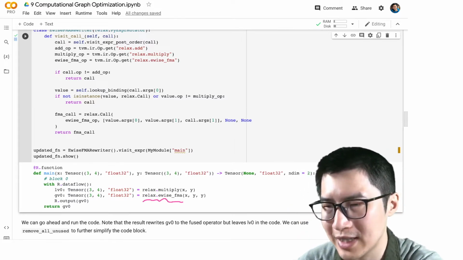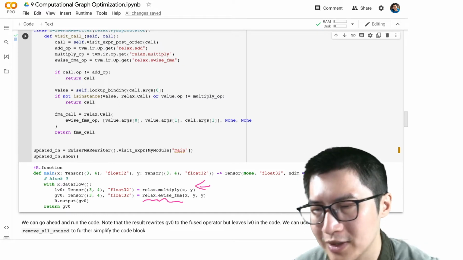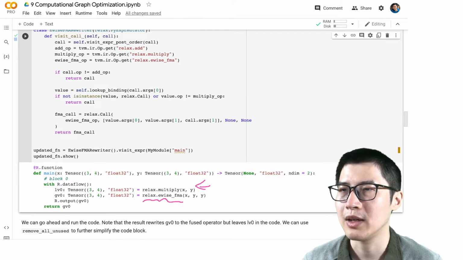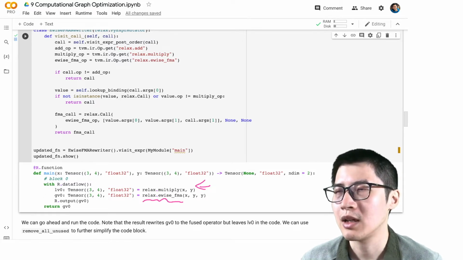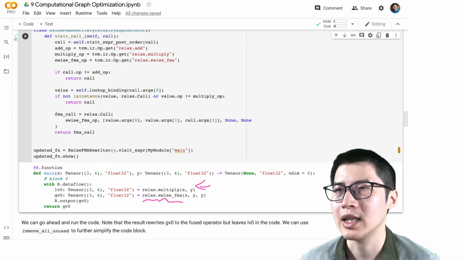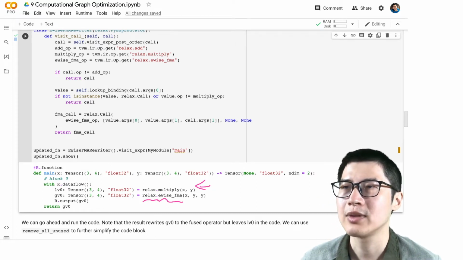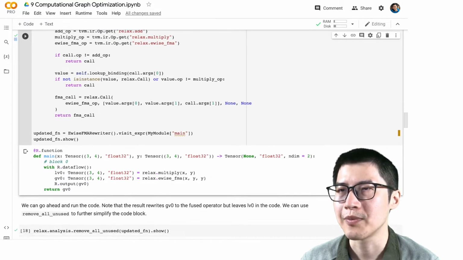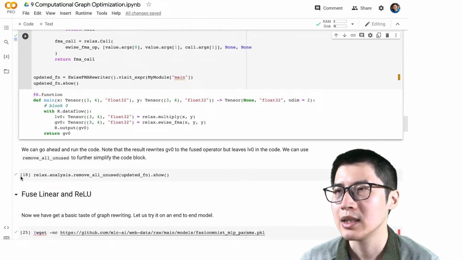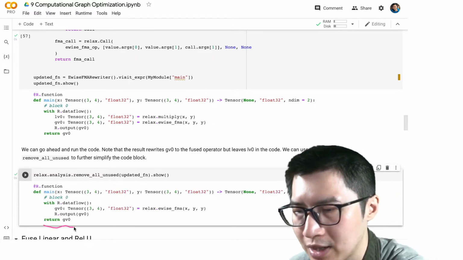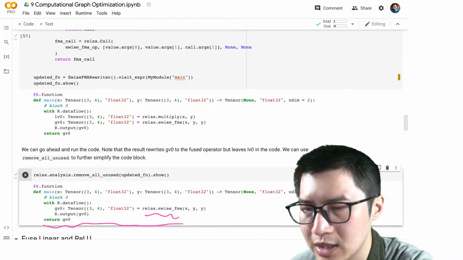One thing you'll notice is that actually we still keep the first line. In this case, this first line is what we call dead code, because it's a local variable binding within a dataflow block that's not being referenced anywhere. So it's safe to delete this particular operation, and we can do that with a function called remove all unused. If we do that, you can find that the final operation contains the fused FMA